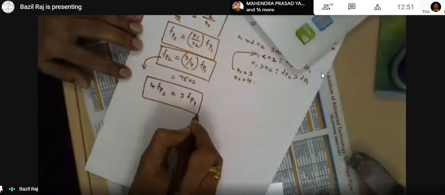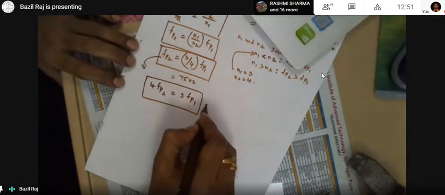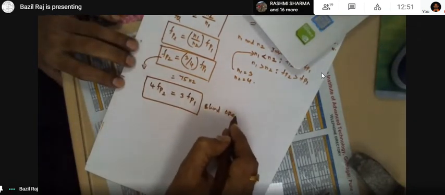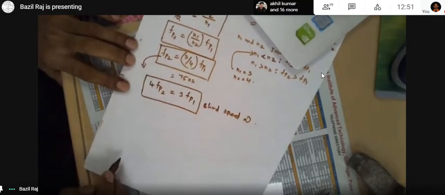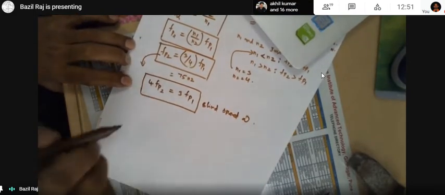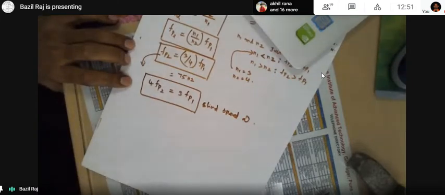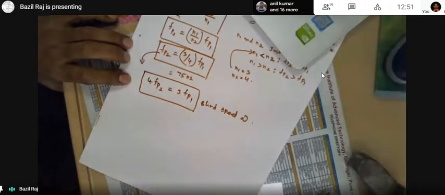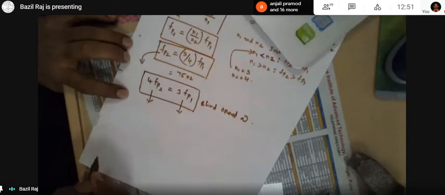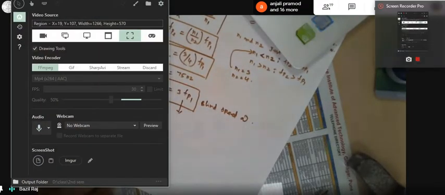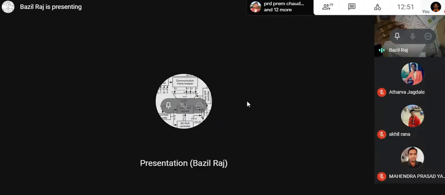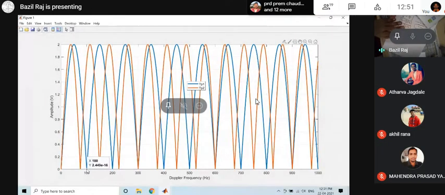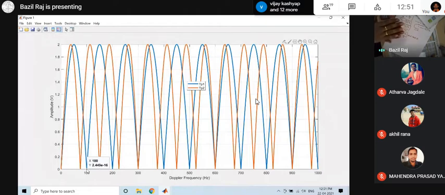That means there is still a blind speed, at the 4th FP2 and the 3rd FP1. You look here. This is the 3rd FP2 and 4th FP. So the 3rd FP1 and 4th FP2 will merge together. At that point, if the target is traveling at that much Doppler, both PRFs will miss the velocity, will miss the target. Now you look there.